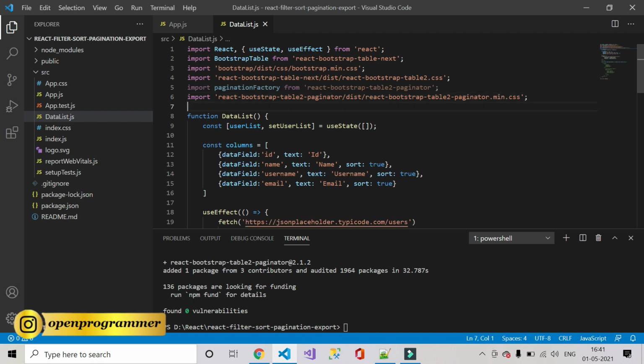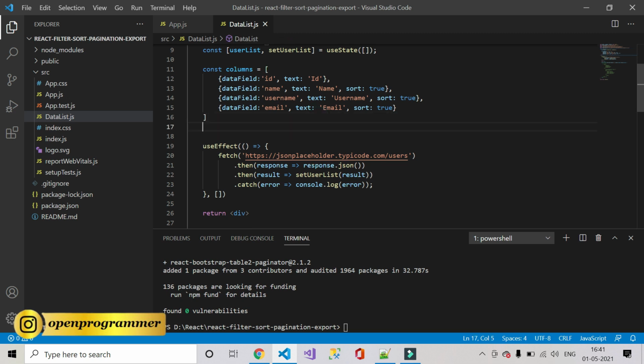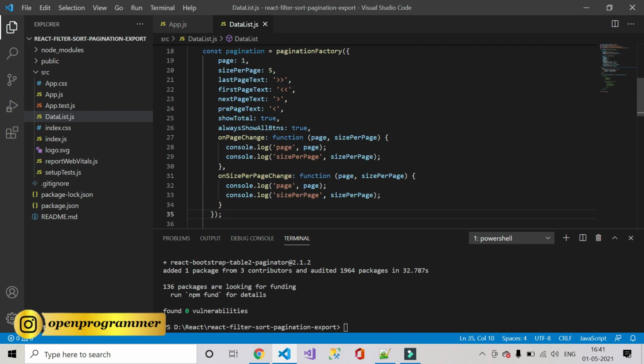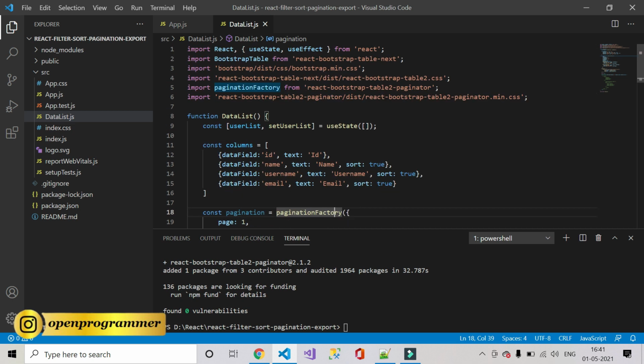After that, we have to use a separate array of pagination, like previous page, next page, page number, total page number, how you want to show the previous and next button. All right. So this is our array, pagination factory, because we have imported it from this package.